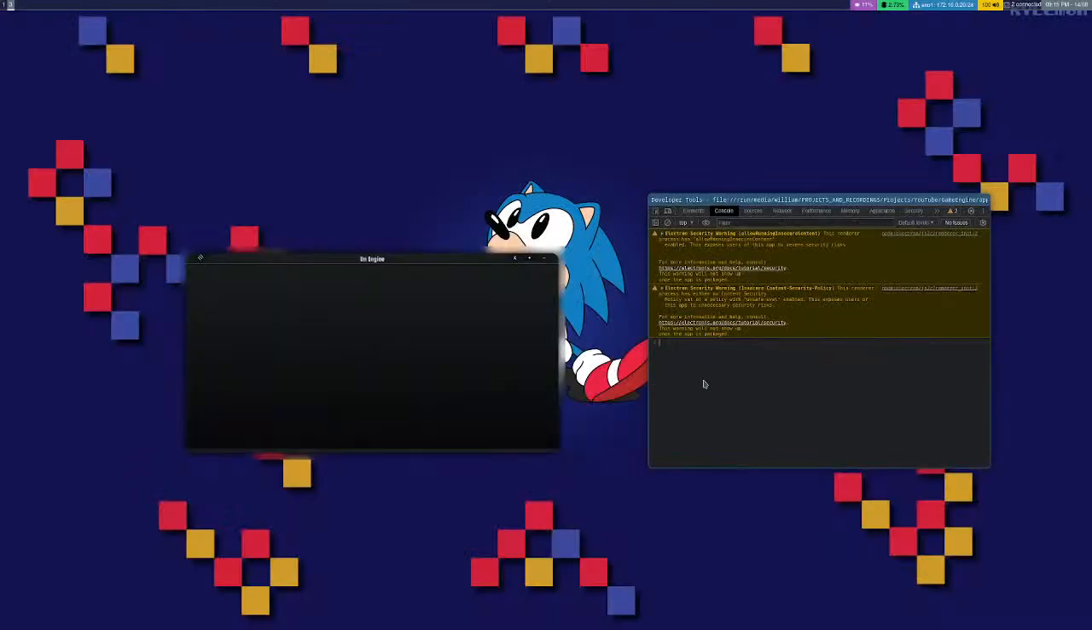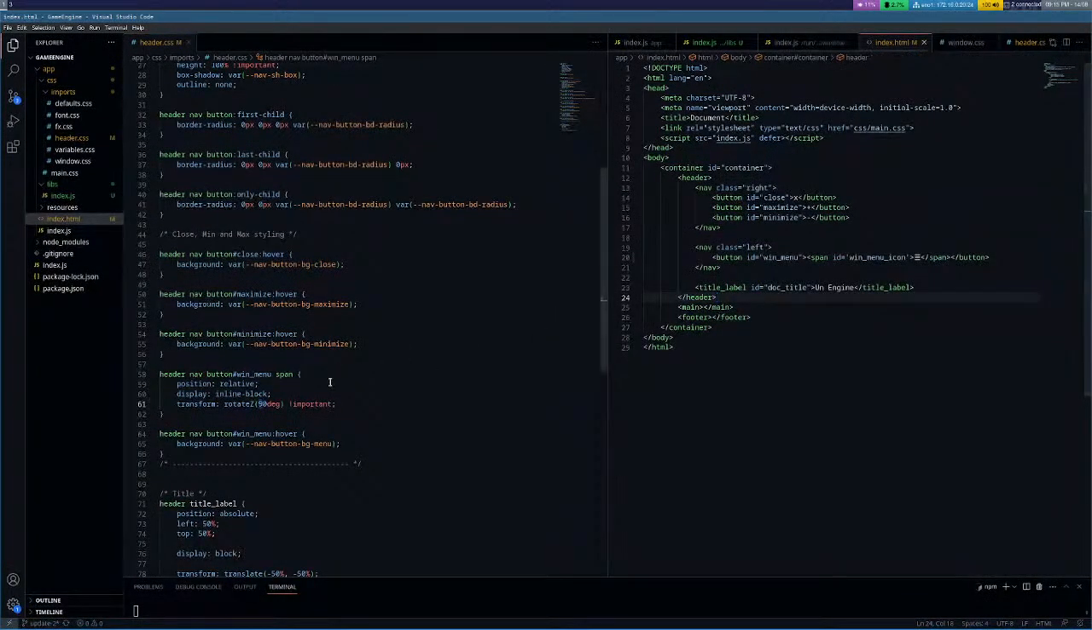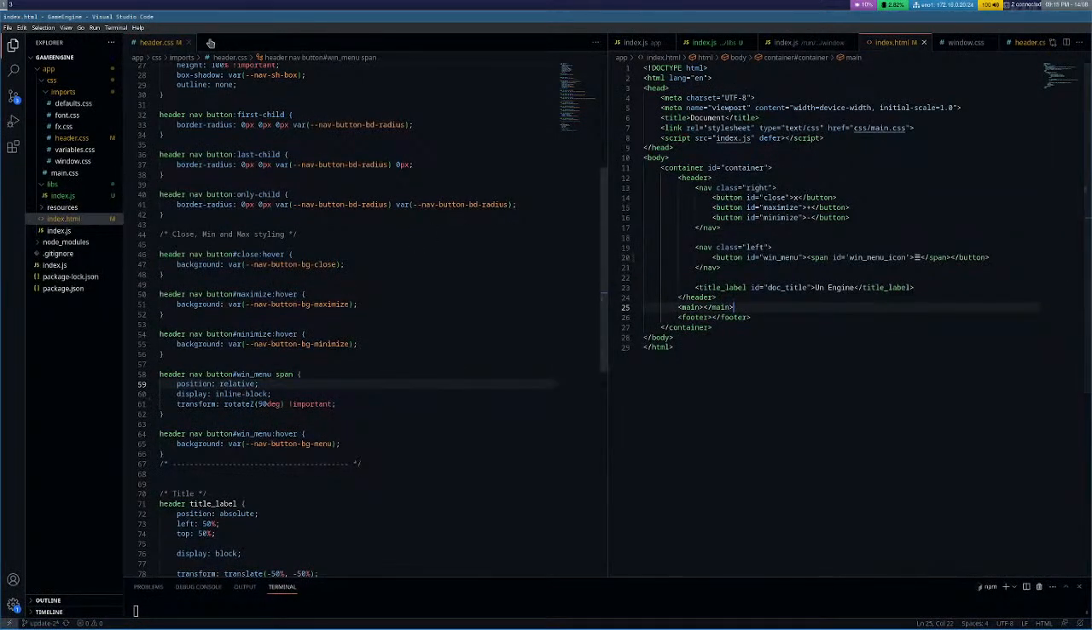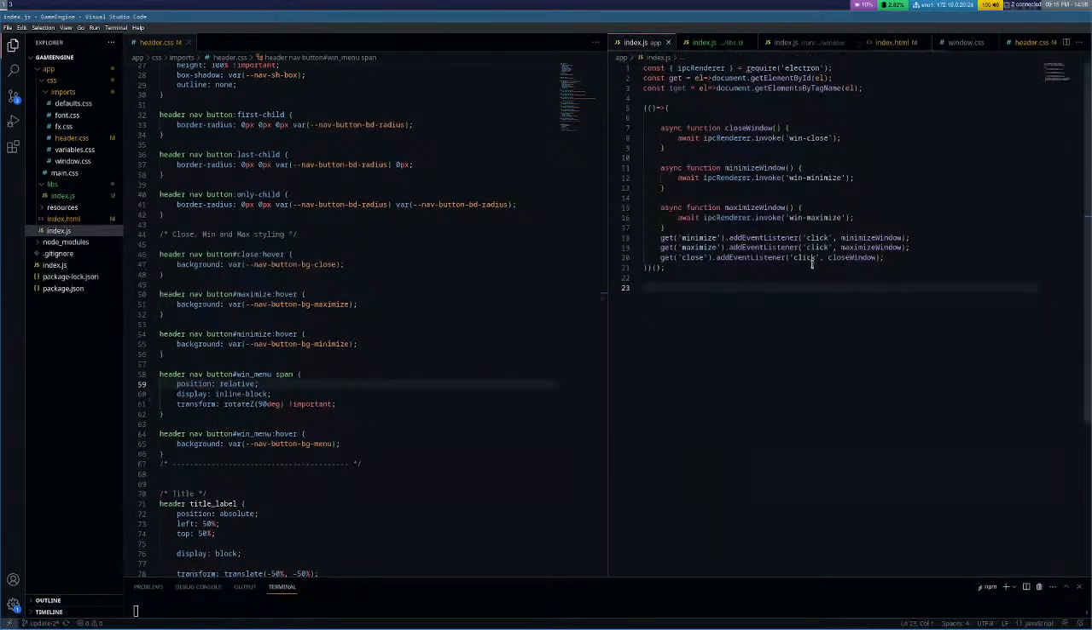So yeah, the reason it wouldn't minimize last time is because I am using a tiling window manager, and I forgot about the fact that you don't minimize or maximize in this. It's all like up to the user. But yeah, so the minimize, maximize do work. Matter of fact,